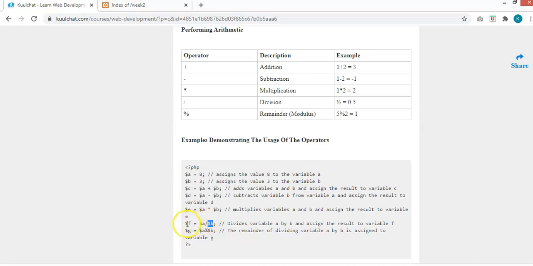So we have the value of our variable name A, the modulus of the value in our variable name B, and the result will be stored in